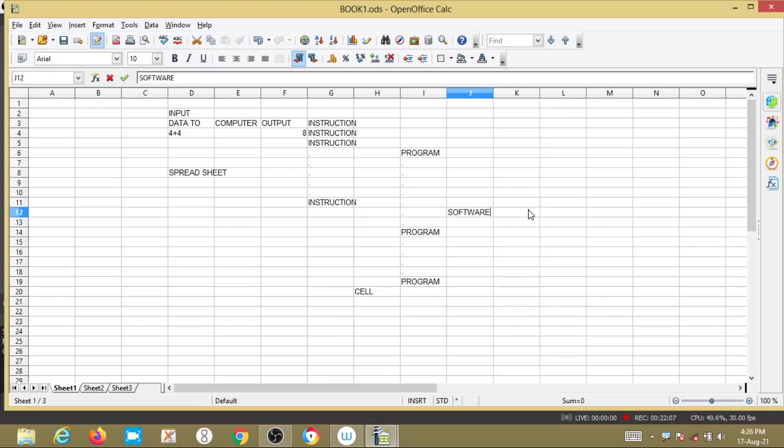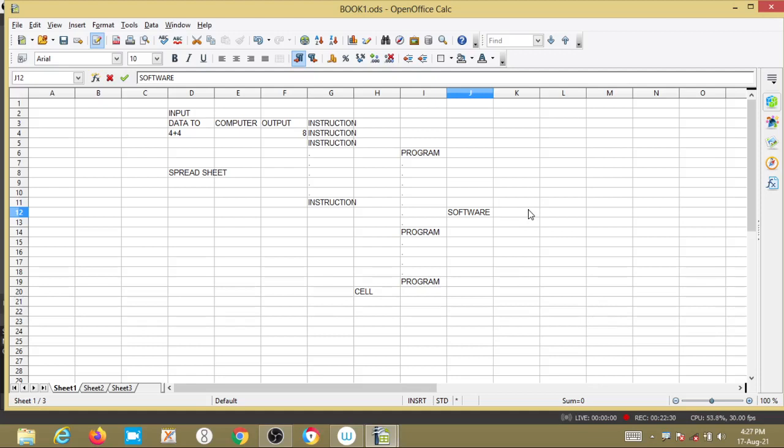In MS Excel there are a variety of versions: MS Excel 2003, MS Excel 2007, MS Excel 2010, and so on. But we have to use only one version of Excel. Using several versions creates more confusion. That's why we are using only one version.